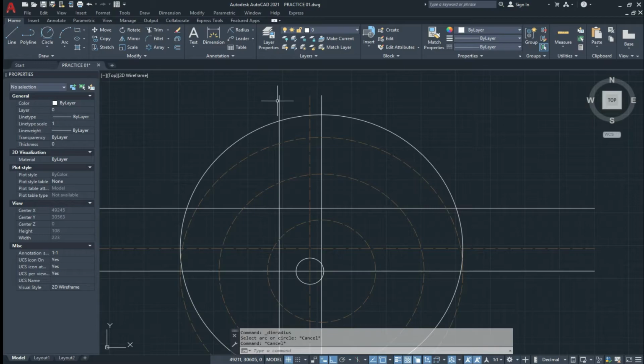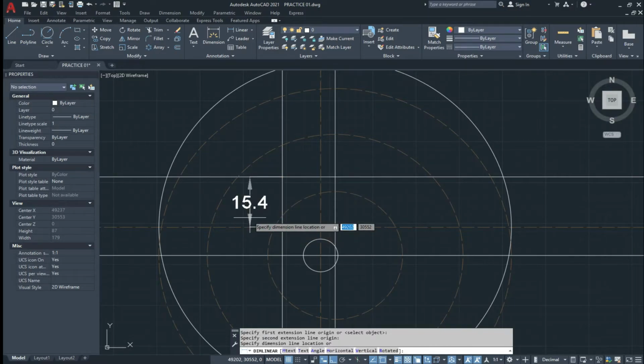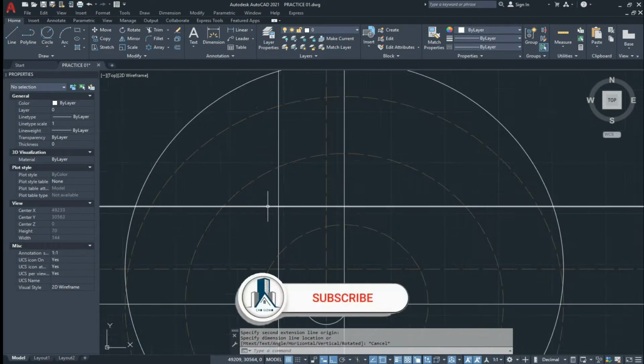Like this. Now we see the dimensions, 15.3 units and 15.4 units.